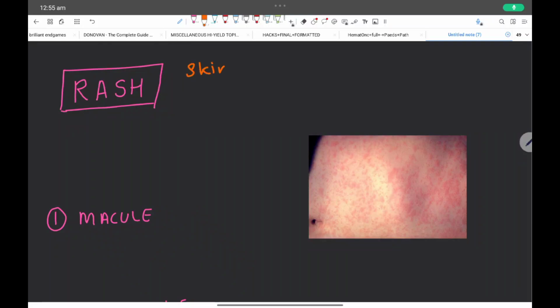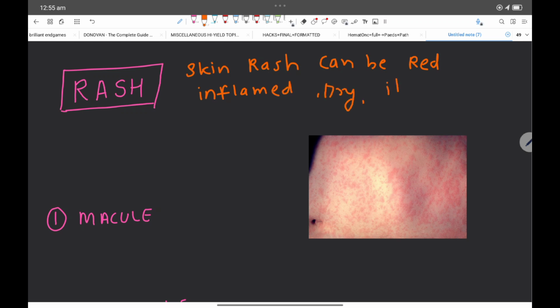Skin rash can be red, inflamed, dry, itchy, and painful. So the main cause is dermatitis,